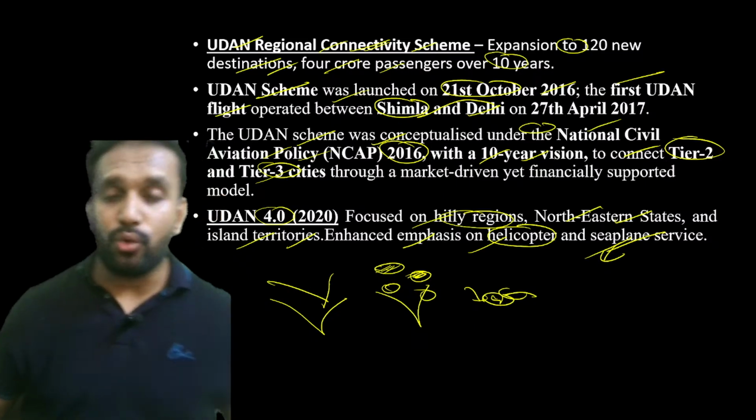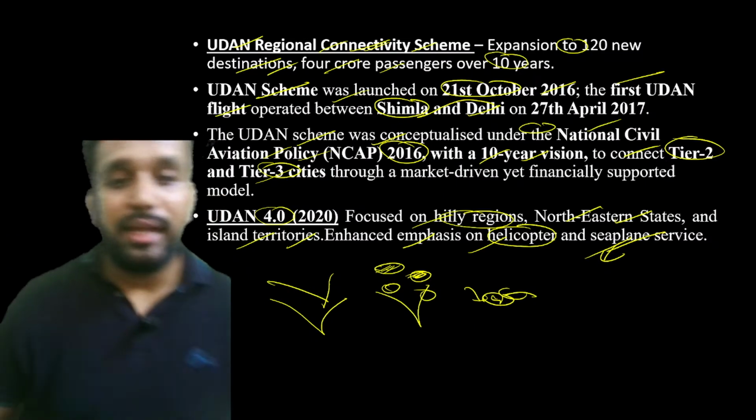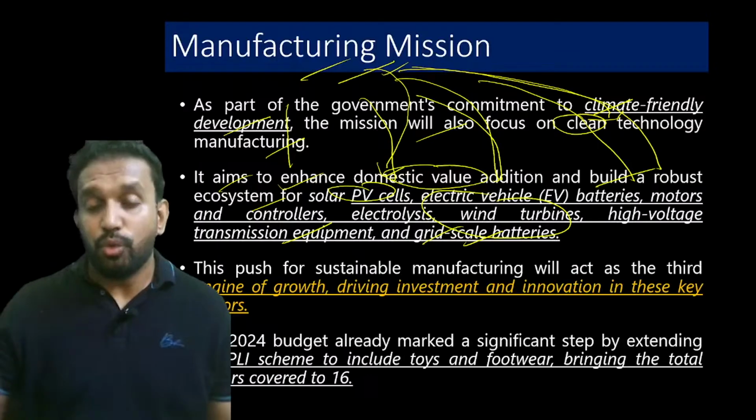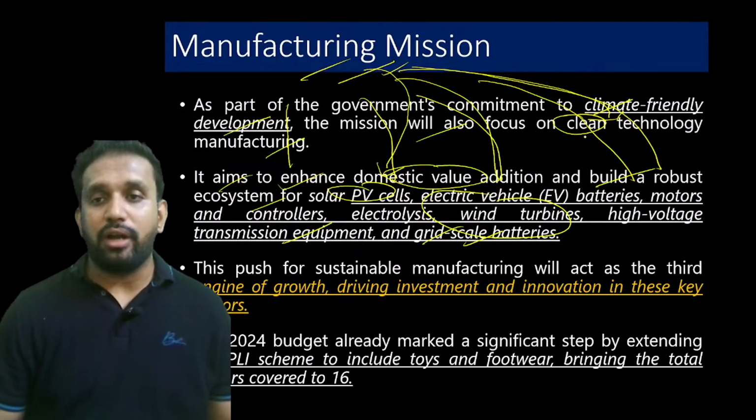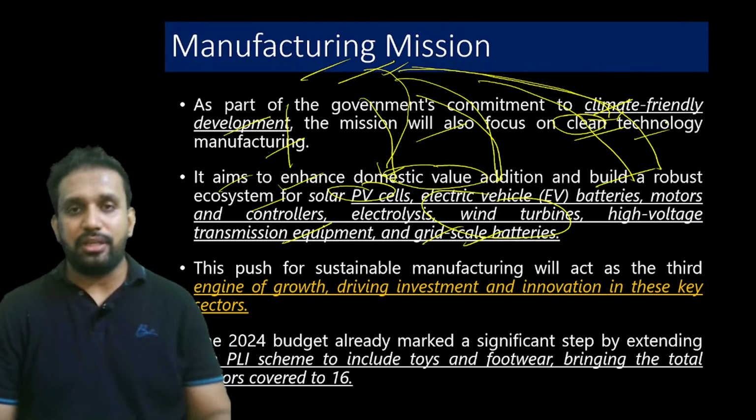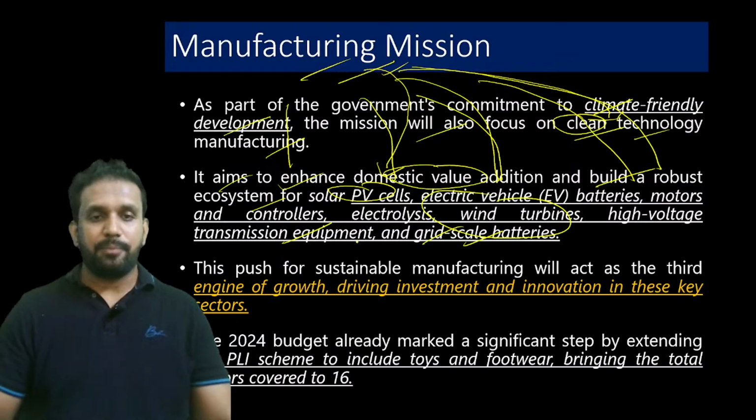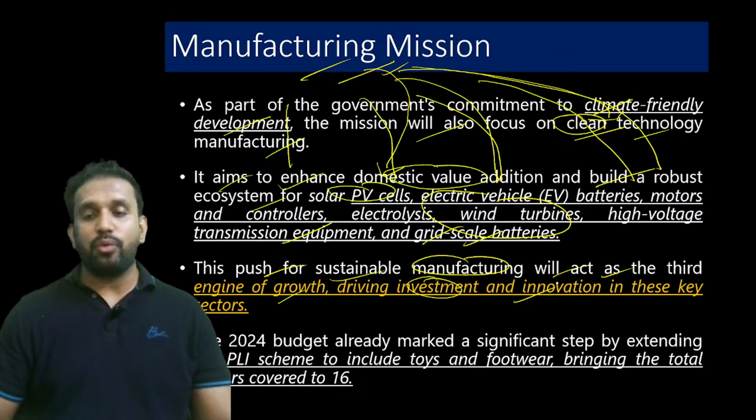Now in 4.0 they have given importance to hilly regions and the northeast, to do production only by leveraging clean technology, meaning not harming the environment. This push for sustainable manufacturing will act as a third engine for growth, driving investment and innovation in these key sectors. The 2024 budget has also marked a very significant step here, because the PLI scheme is extended to